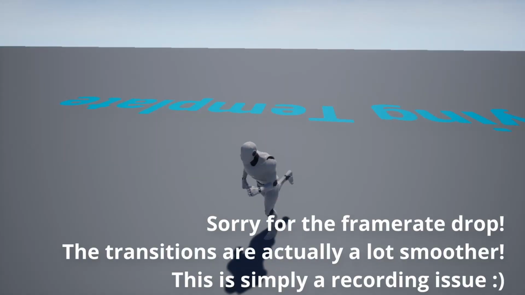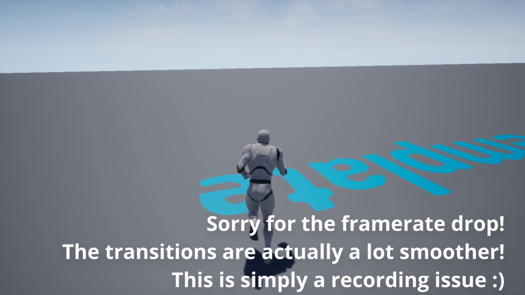In this video, we're going to learn how we can switch characters in Unreal Engine. We're going to learn how to switch player control from one character to another character. So this is what we're going to do. We can run around the scene, and on the press of a button,